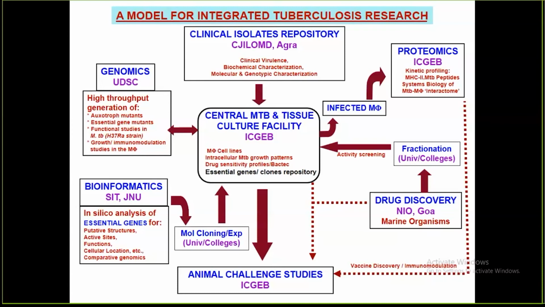And I'm not able to see here, so I see what is there in this panel here, animal studies. So whatever information we get from here to design a vaccine, we come to the animal testing systems for final evaluation of whatever molecules we think are going to become vaccines or maybe targets and so on.